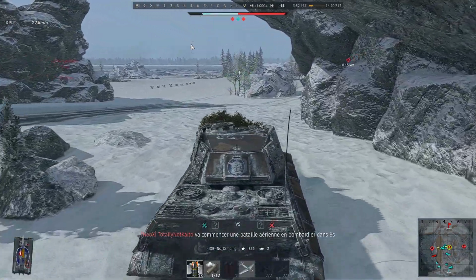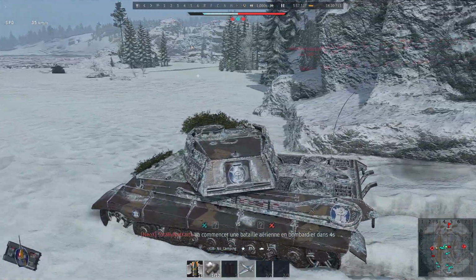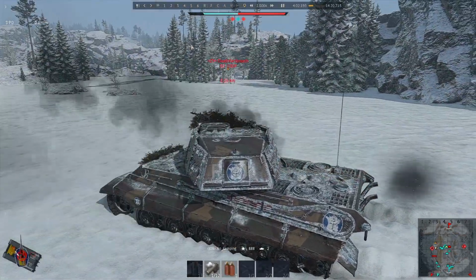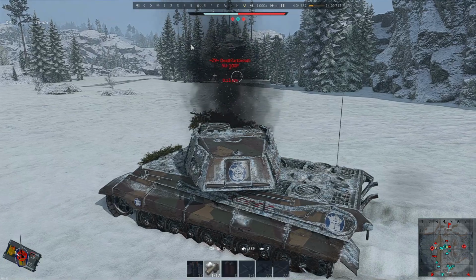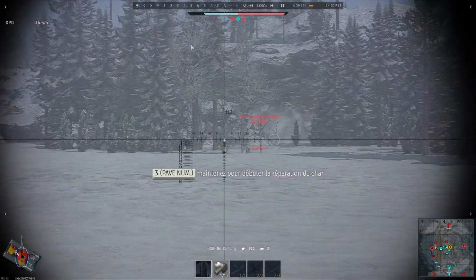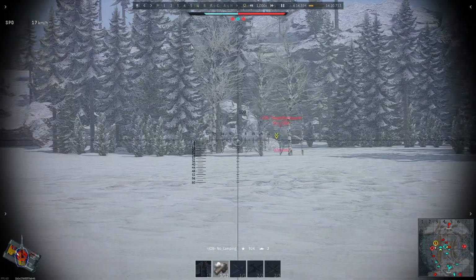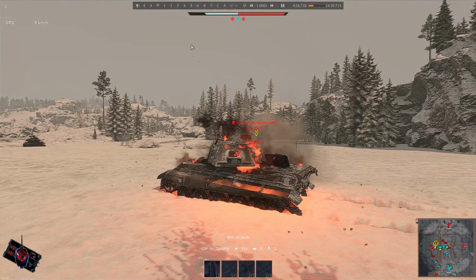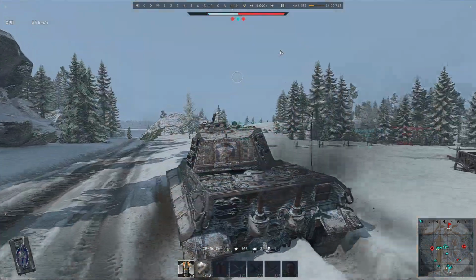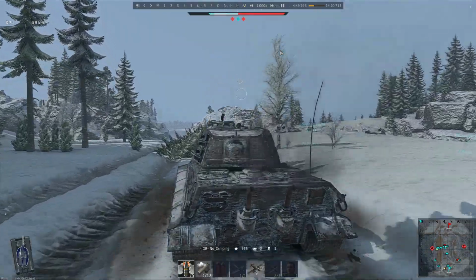So here I really thought that all the enemies were actually attacking our spawn. Unfortunately, I see a bit too late this Su-100P, and unfortunately this quite fun tank will kill me before I'm able to recover my crew. So you see my move was a bit desperate, maybe I was panicking a bit too much,